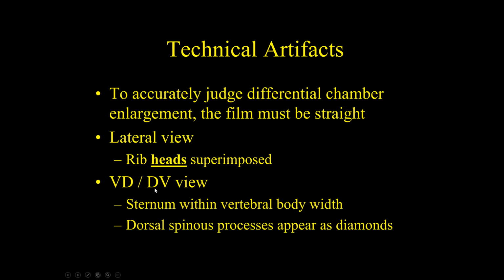Okay. On the VD view, a minute ago, I showed you that the dorsal spinous process is kind of superimposed over where the vertebral bodies are. And they should be right down the middle. They shouldn't be off to one side or the other side. So you should be able to see those vertebral bodies and the dorsal spinous process superimposed right down the middle, and the sternum also. The sternum shouldn't be off to one side or the other. It should be right down the middle of the dog. Okay. If the lateral view and the VD view are straight, then you can hang your hat on